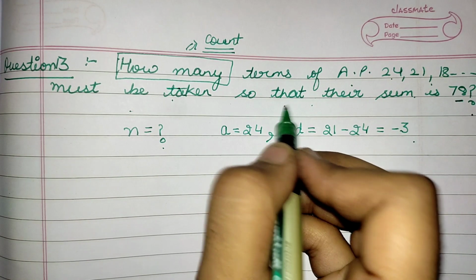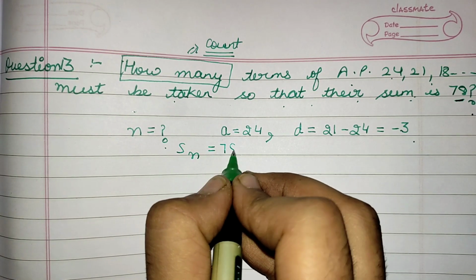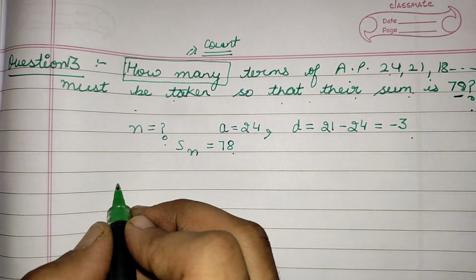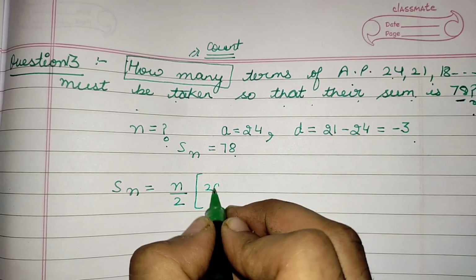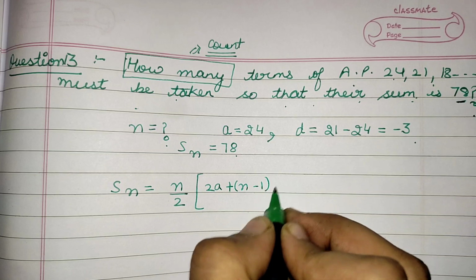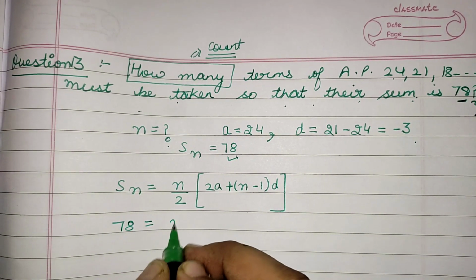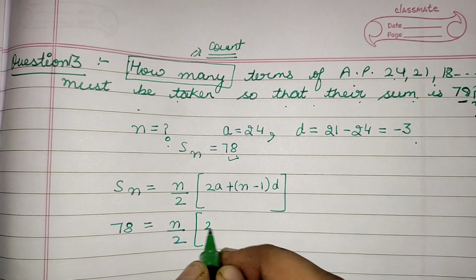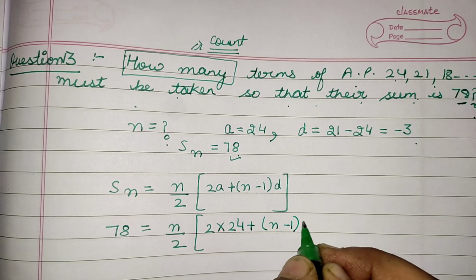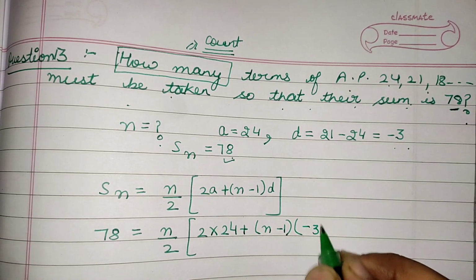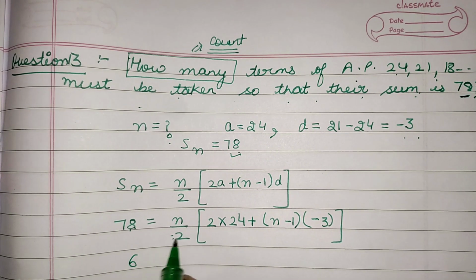So it must be taken so that their sum is 78. Sn is given to us as 78. So Sn is given by n by 2 into 2a plus (n minus 1) into d. So the sum 78 is equal to n by 2 into 2a, where a is 24, plus (n minus 1) into d, which is minus 3. So I will get, if I do the multiplication here,